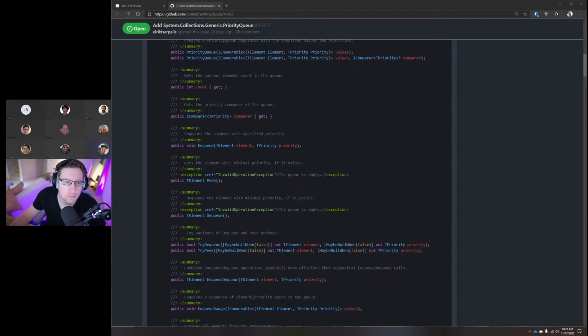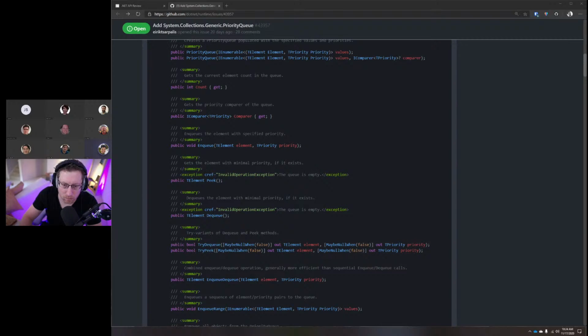Then you have the peek operation that gives you back the element with the minimal priority, assuming that it exists. Again, this is an O of 1 operation. Then there's the dequeue method that removes the element with a minimal priority and gives it back to you. That's an O of log n operation. These are the standard heap operations that I just described.